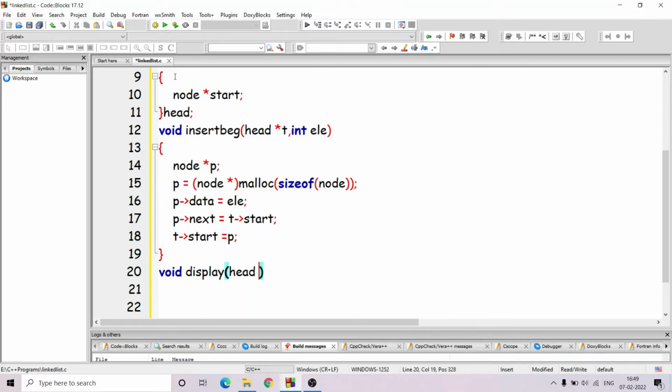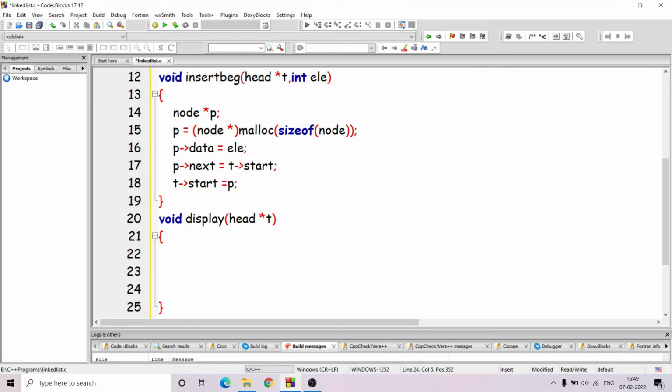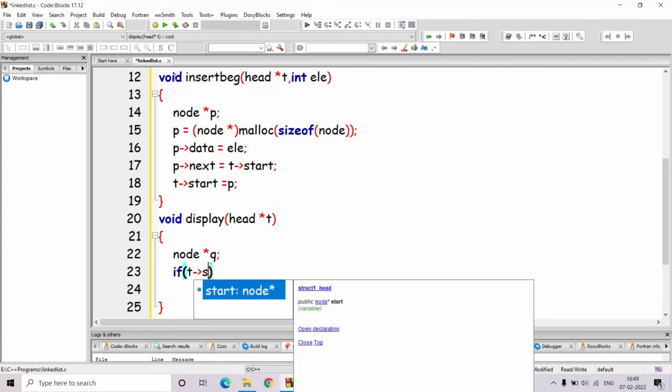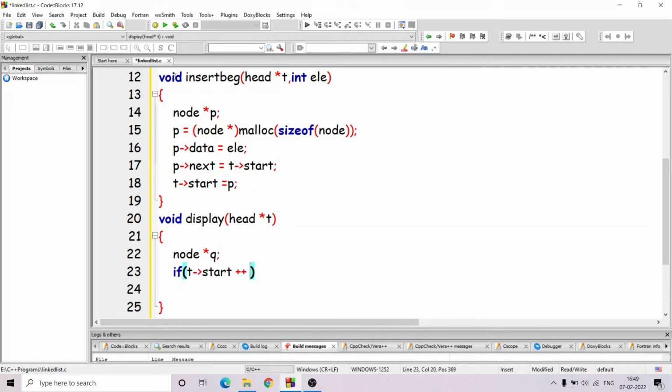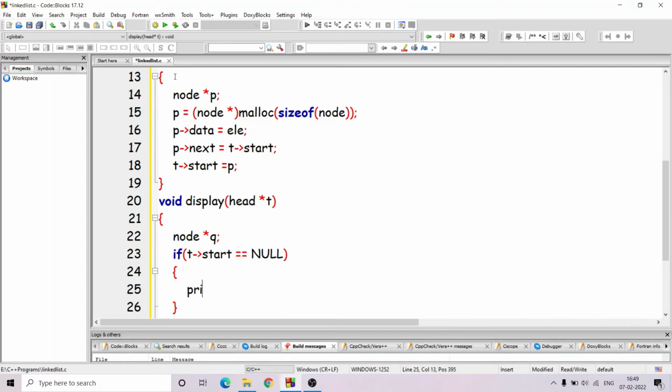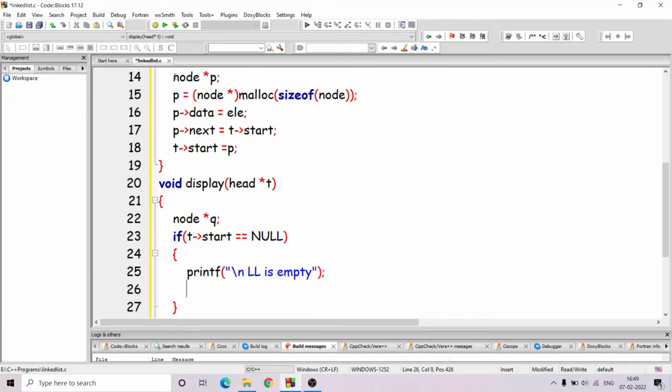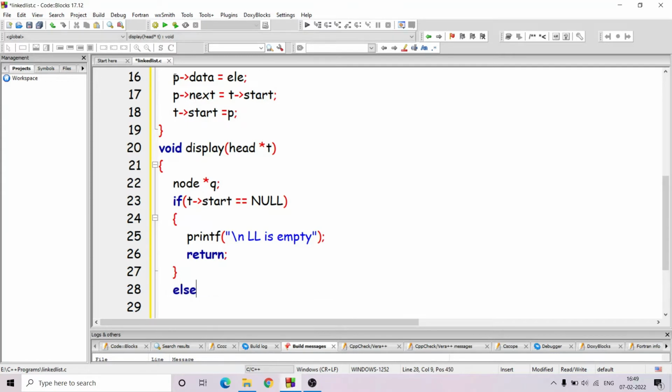Display, I'll write head star t, and for display also I would require one node q. So first of all, I'll check if my linked list is empty. I'll just print that my linked list is empty, and I'll return. Else